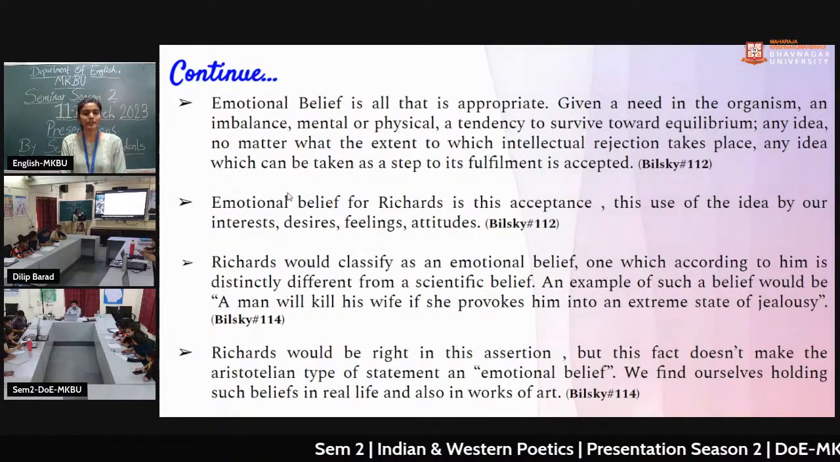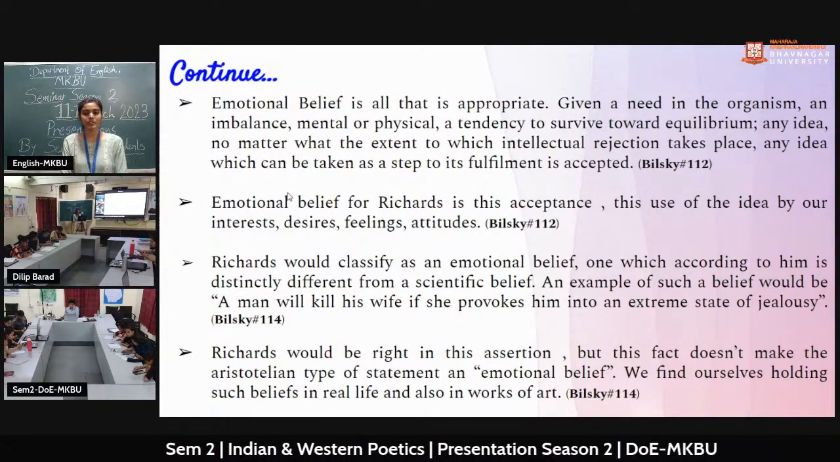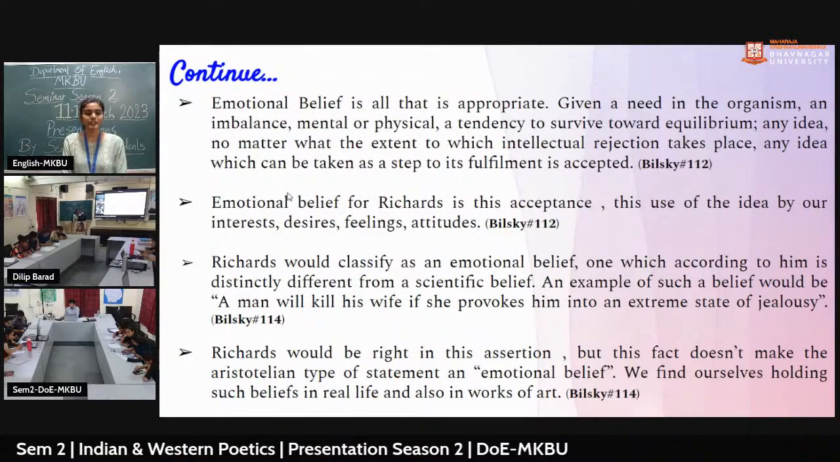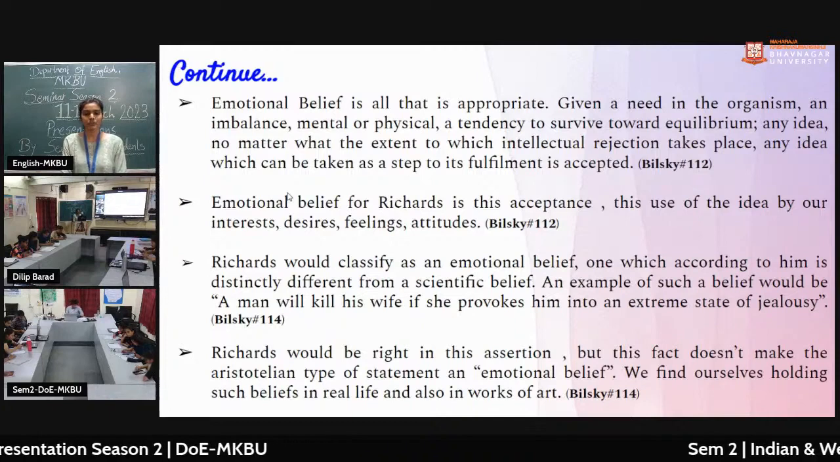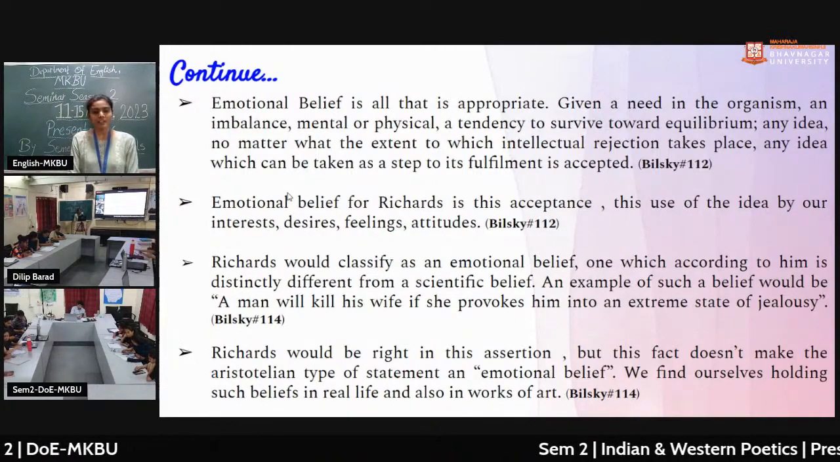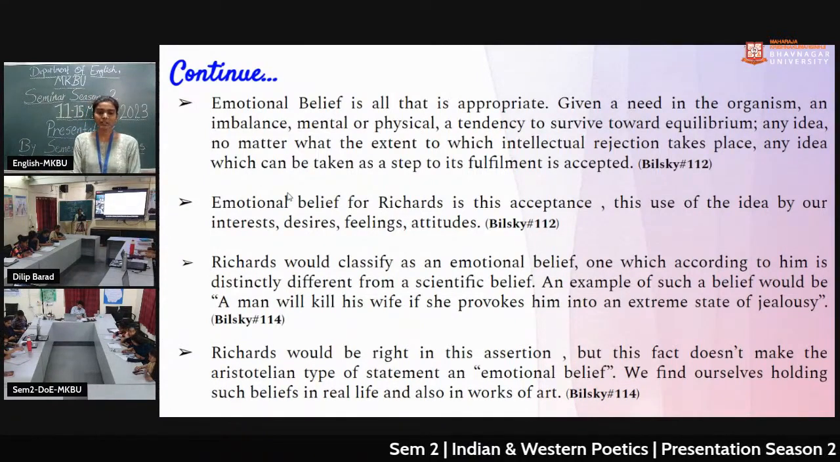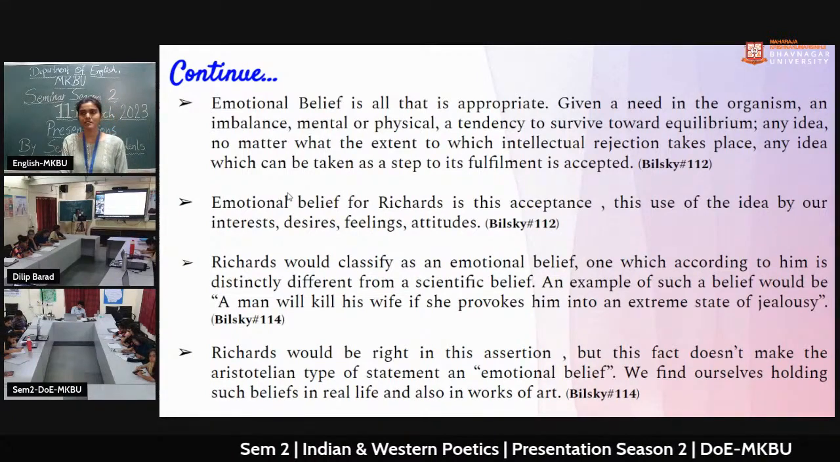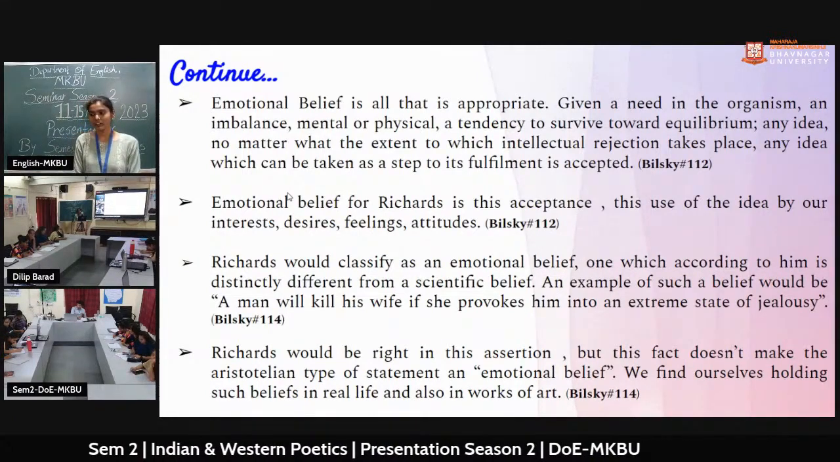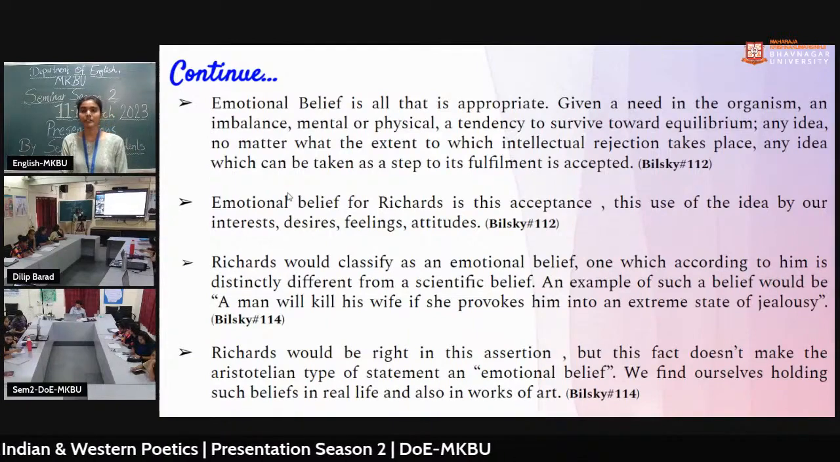Richards would classify as an emotional belief one which, according to him, is distinctly different from a scientific belief. An example of such a belief would be that a man will kill his wife if she provokes him into an extreme state of jealousy. An example of when we